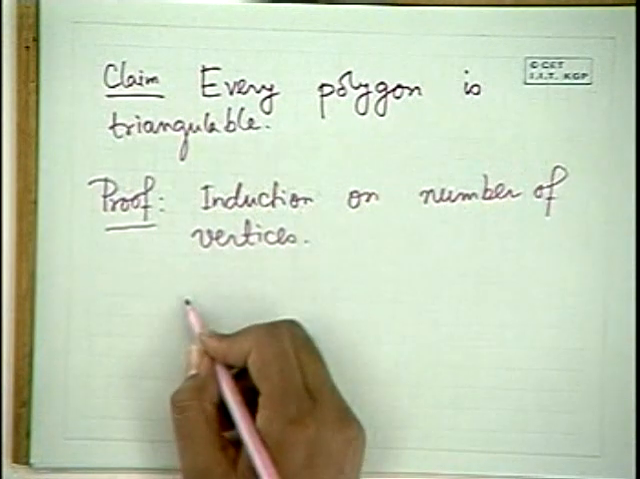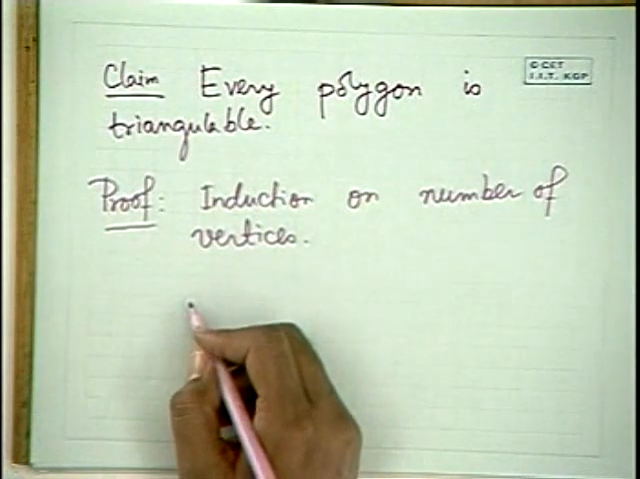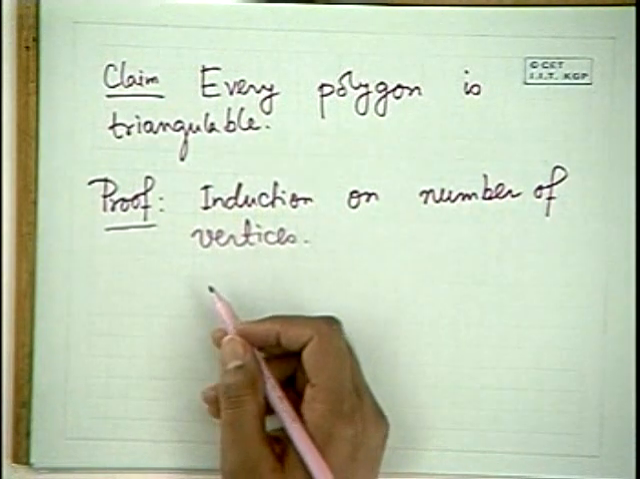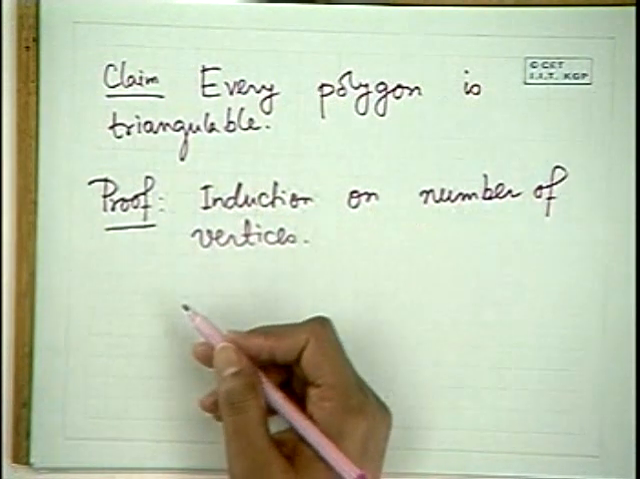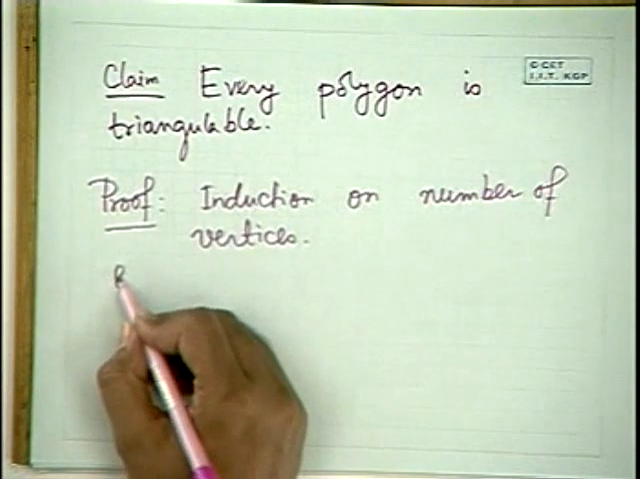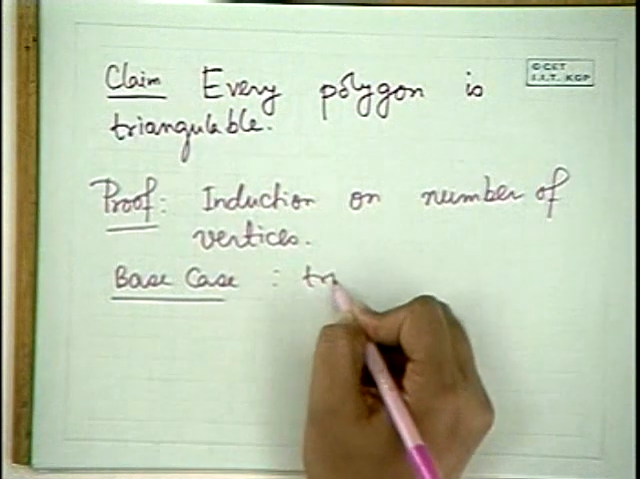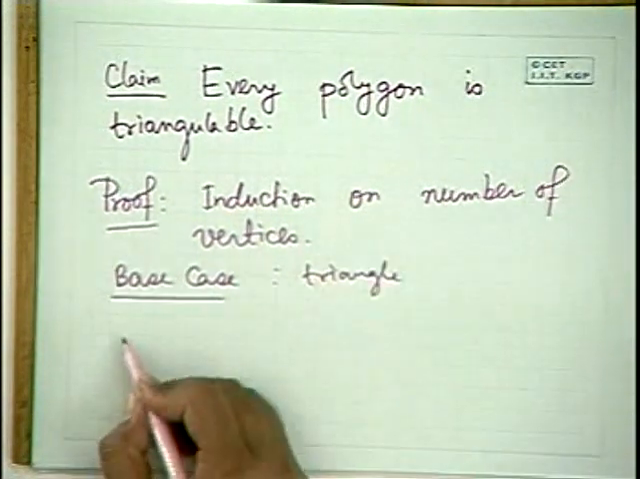Do I have to say anything about the base case? If the number of vertices is 3, it's a triangle and there is nothing to triangulate. So it's all definitely triangulable. So the base case is very easy. The base case is a triangle, no problem. Now for the inductive step,